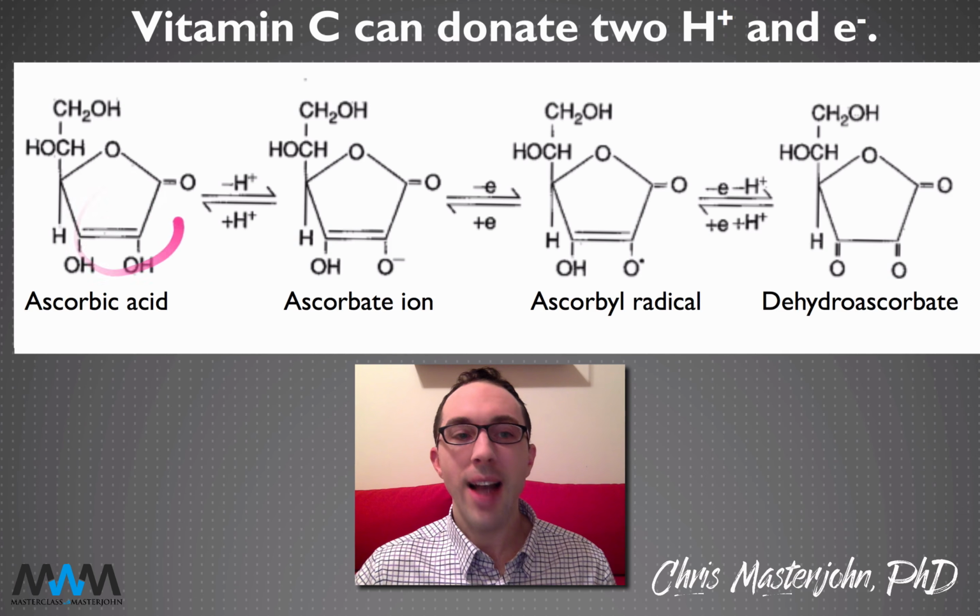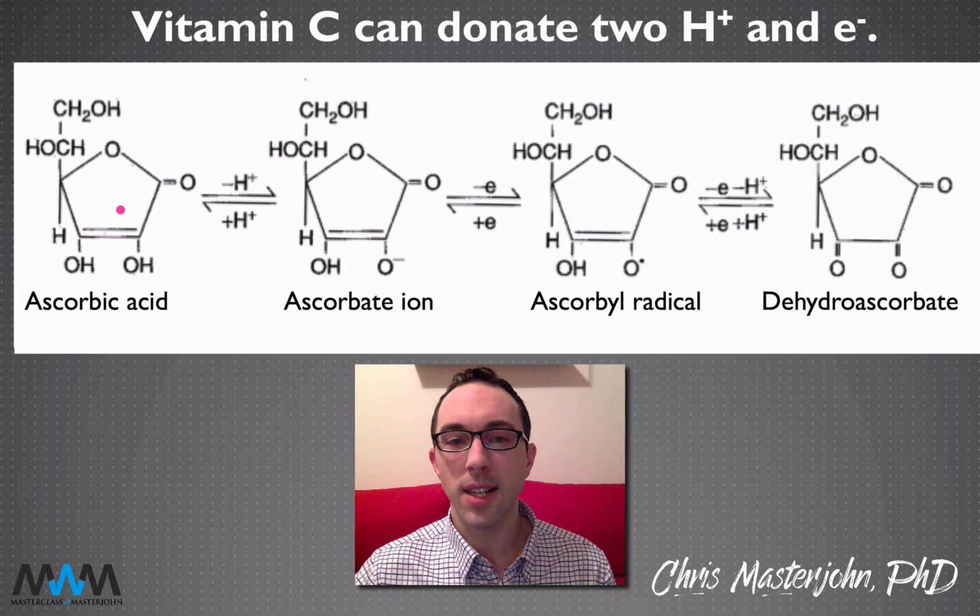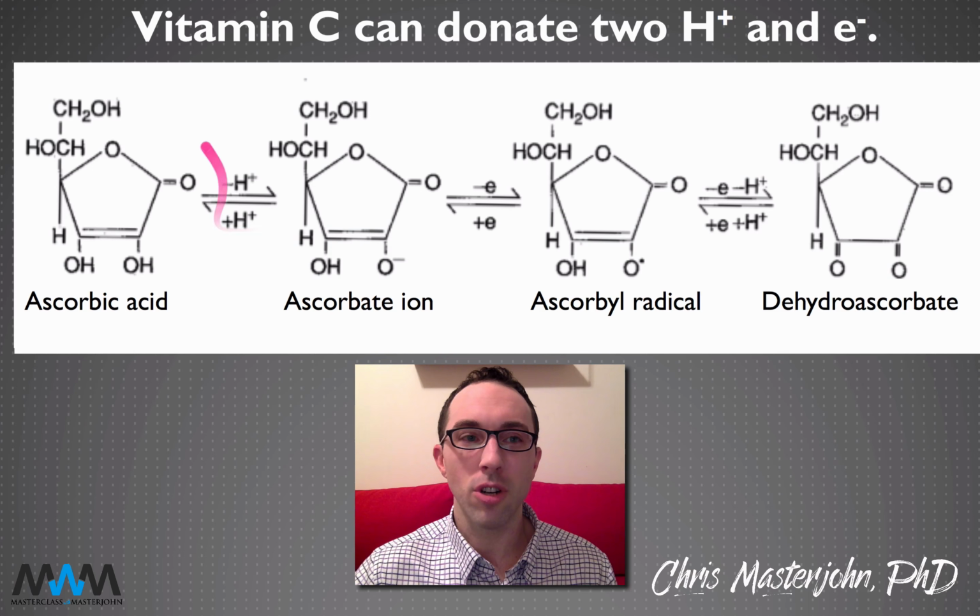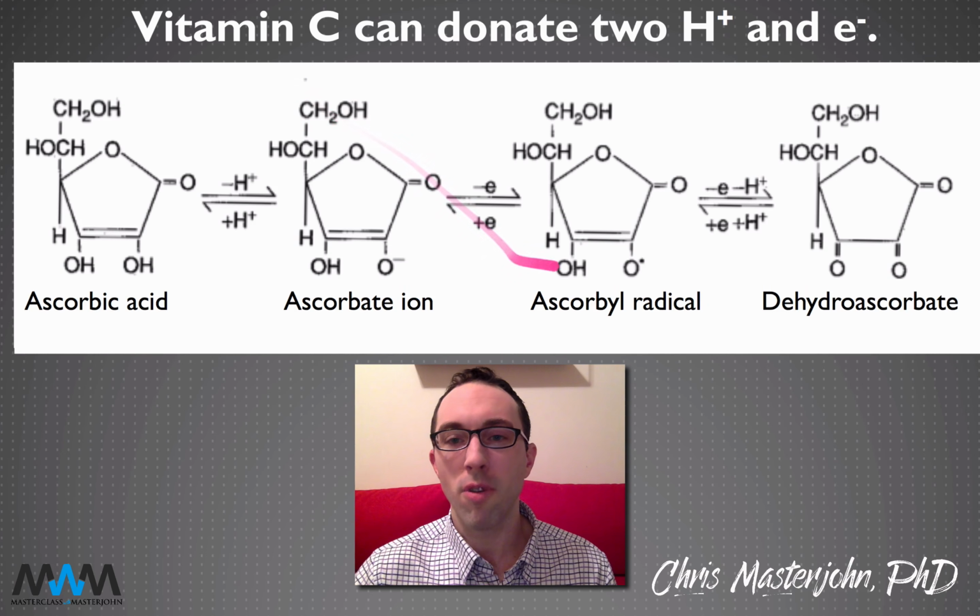Since ascorbic acid cannot undergo oxidation, adding acid to a food to preserve the ascorbic acid state over the ascorbate ion state is going to prevent the formation of the ascorbyl radical and prevent the formation of dehydroascorbate in that